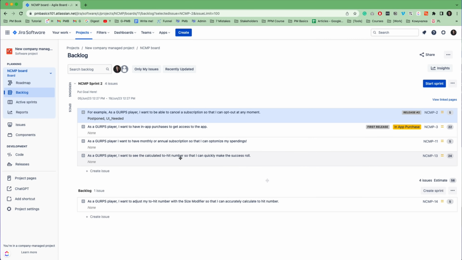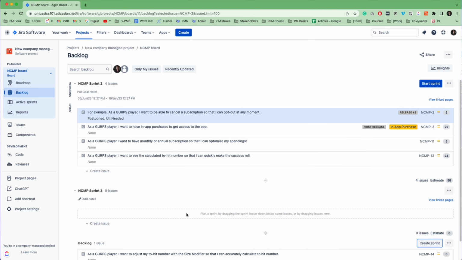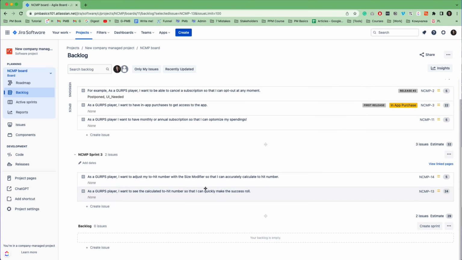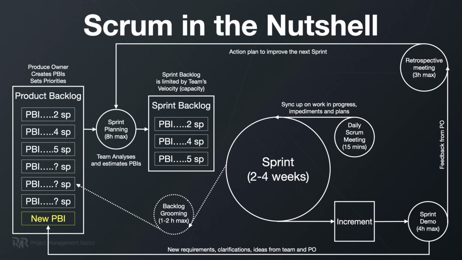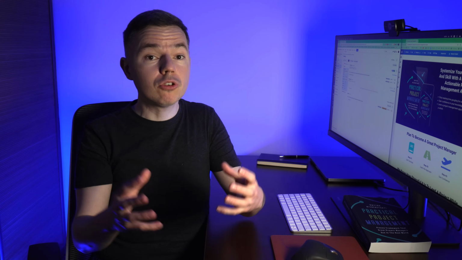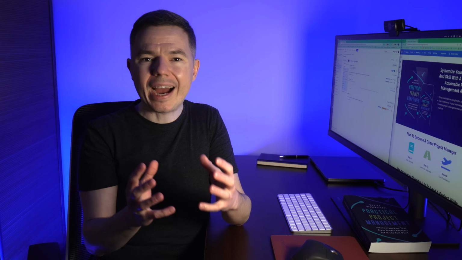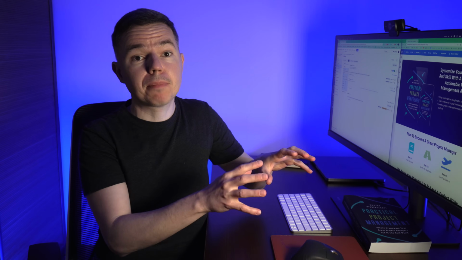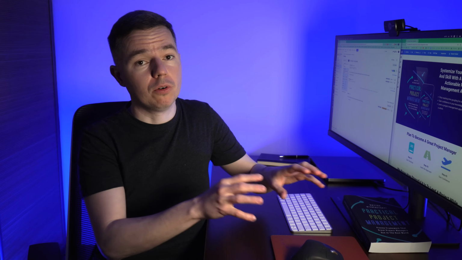Also keep in mind that you can plan multiple sprints in advance. Just click the Create Sprint button and Jira will populate the dates for you. But remember that Scrum never stops and sprints go one after another. That's why you must ensure that you can fit all the required Scrum meetings in one sprint. And your sprint backlog in Jira doesn't show these meetings.